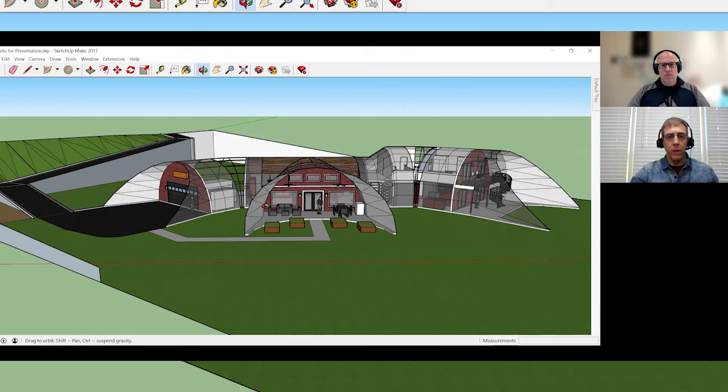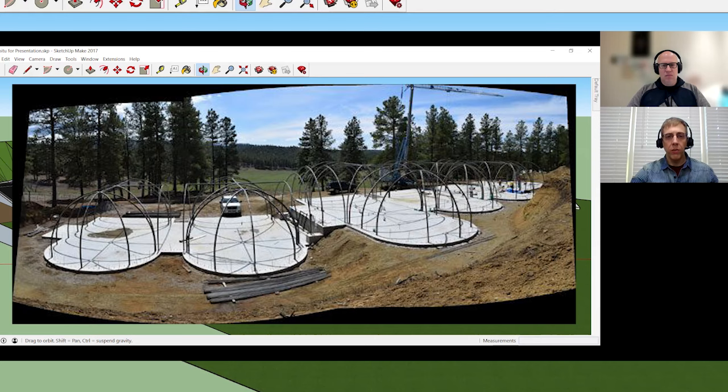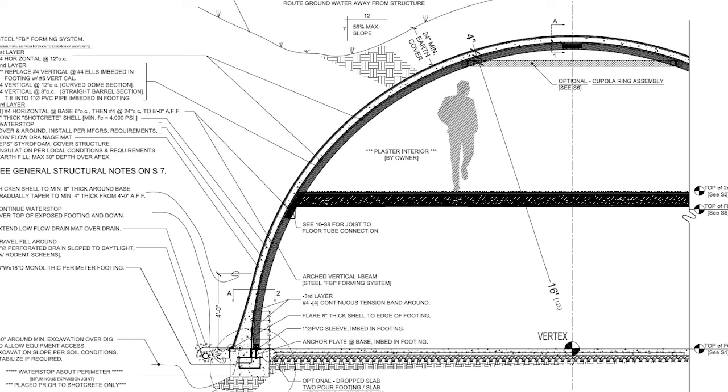And then the structure of the house is rolled steel I-beams and layers of steel rebar that then gets shotcreted to form a shell. And then from there, waterproofing layers and a protective layer, after which we do backfill the earth over the structure